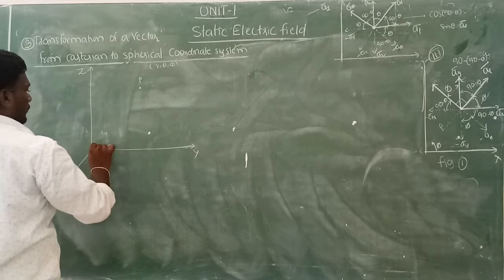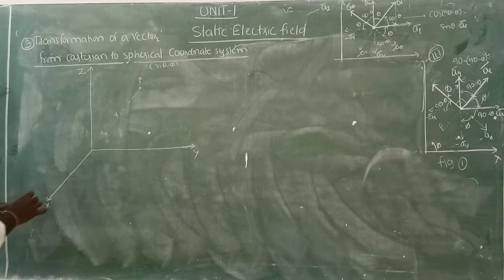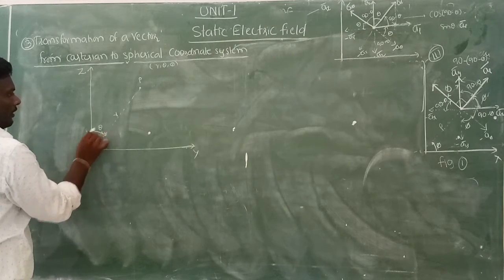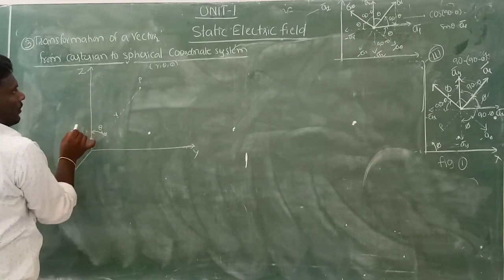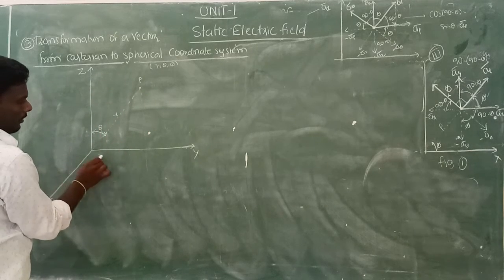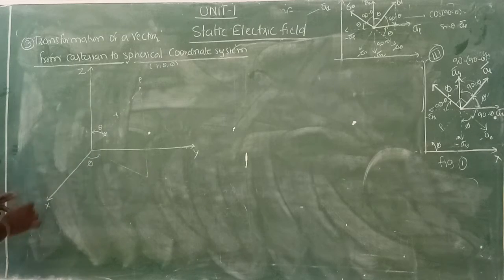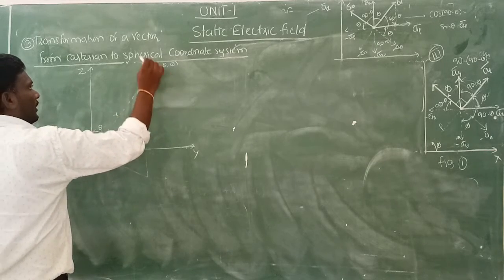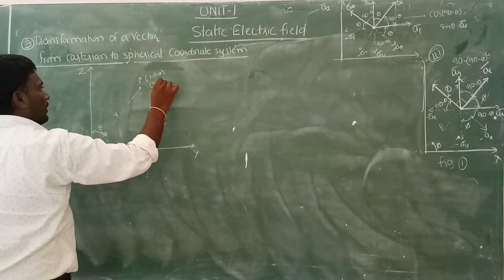If you consider the distance between the origin and point P as r, it is the radius of the sphere. The angle between the z axis and this radius of the sphere is theta. Now draw a line from the z axis to point P. It represents the half plane, and this half plane makes an angle phi with respect to the xz plane, so that this point indicates r comma theta comma phi. Similarly, this is also equal to x comma y comma z.